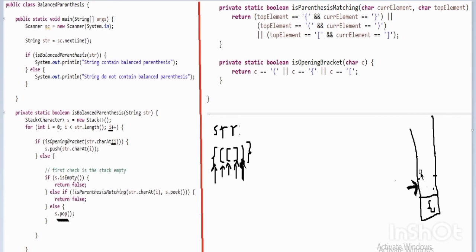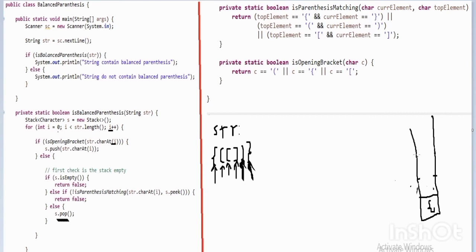At the 5th index, check whether it is an opening bracket. No, it's a closing curly brace, so this condition is again false. Check the else condition, is the stack empty? No, the stack is not empty. Now check isParenthesisMatching. So at the ith index, a closing curly brace is present. With s.peek, at the top of the stack, an open curly brace is present.